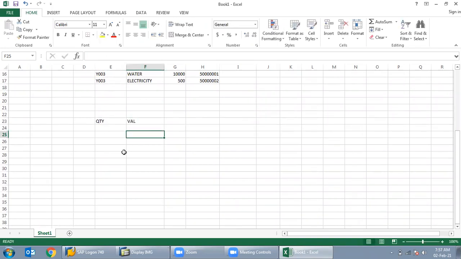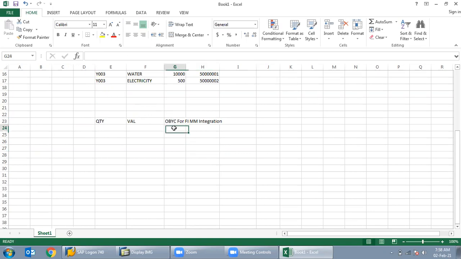At the time of PO, we mapped. There is a T code OBYC for FI-MM integration.